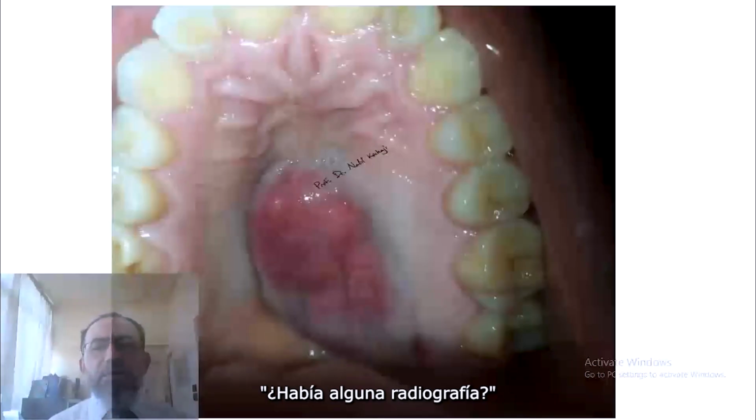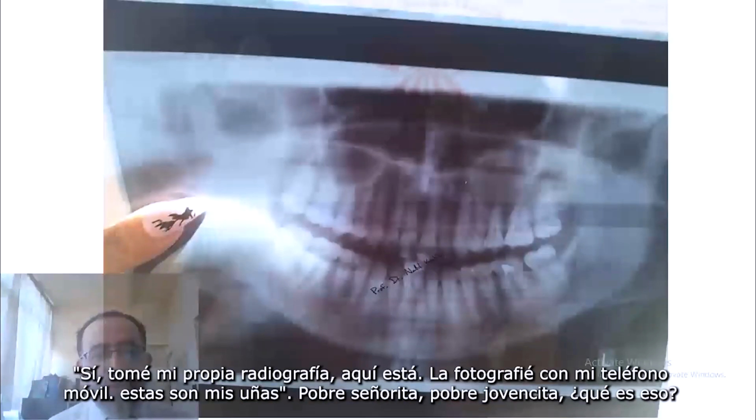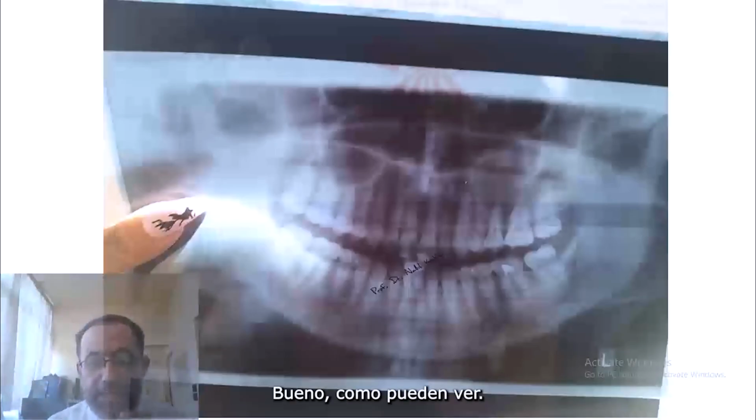That's all. Well, was there any radiograph? Yes, I made my own radiograph. That's it, I photographed it with my mobile phone. These are my nails. Well, poor lady, poor young girl. What's that? Well, as you see,